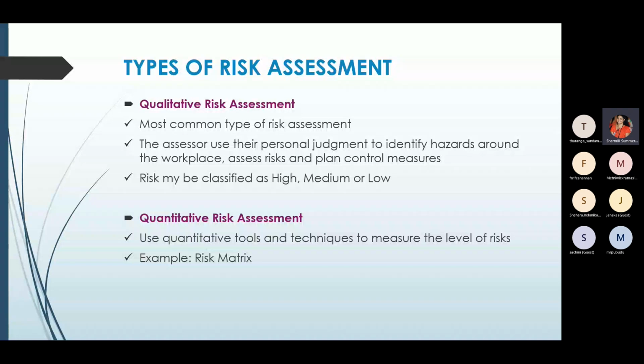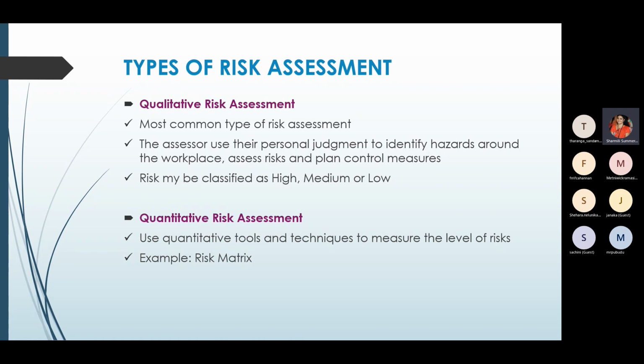So qualitative risk assessment means that, with the observation of the assessor, they formulate the level of the risk and make a plan. But quantitative risk assessment means here we have assessment tools. We studied about different assessment tools, techniques and instruments. So for risk also, in the quantitative method, they have some risk assessment tools, instruments or techniques. With those tools and techniques, they tell whether the person has a high, low or moderate level of risk, or how risky the environment is.